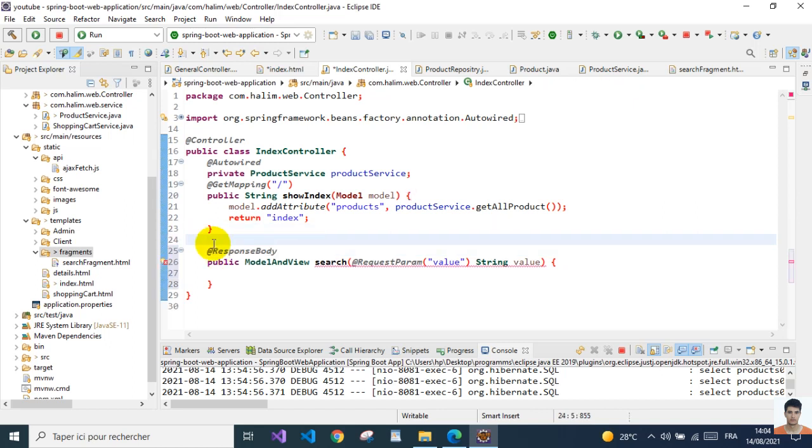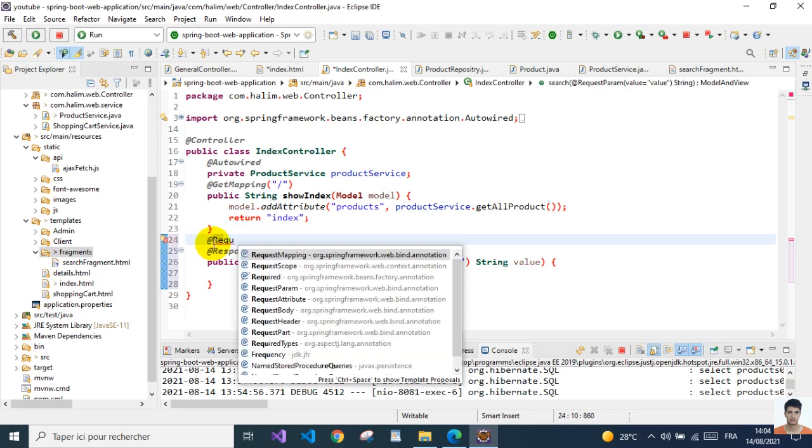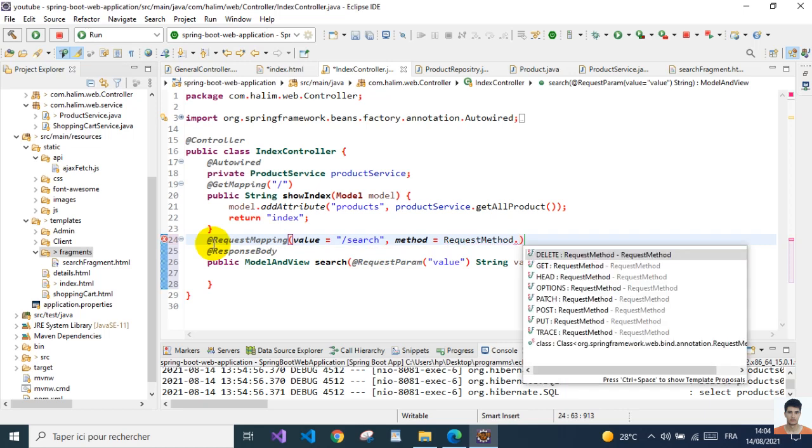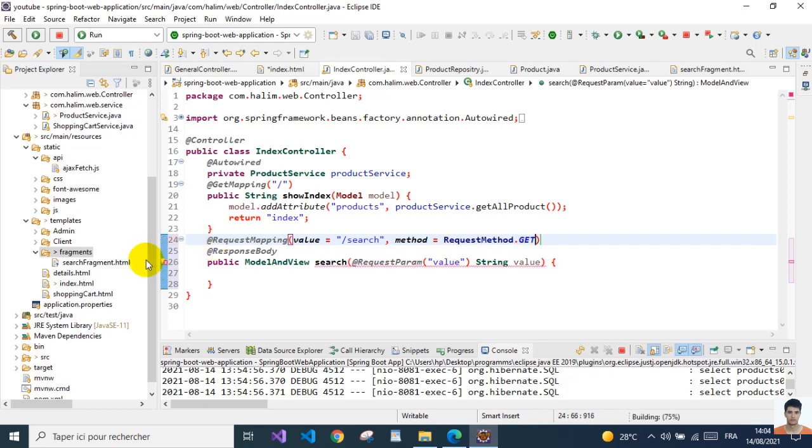Then it's gonna be a request. Can do just request mapping. We can do just get mapping, and it's gonna have a value, and it's search. Then we specify the method here, and request method. It's enum, and since we are using get,